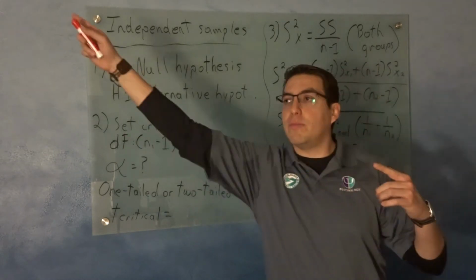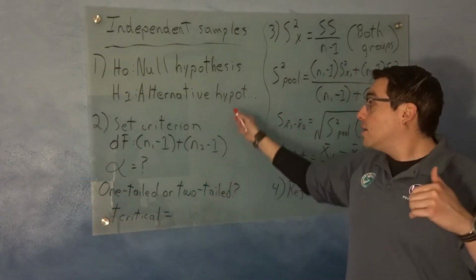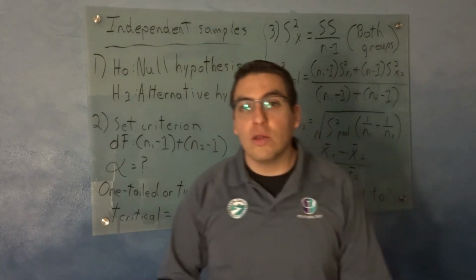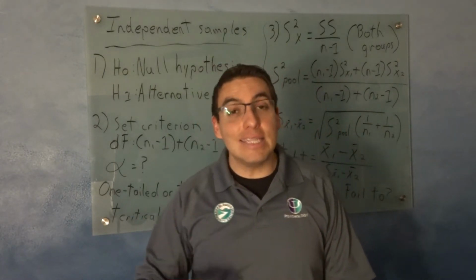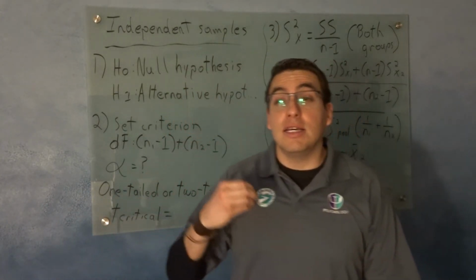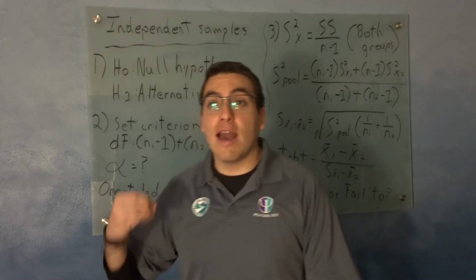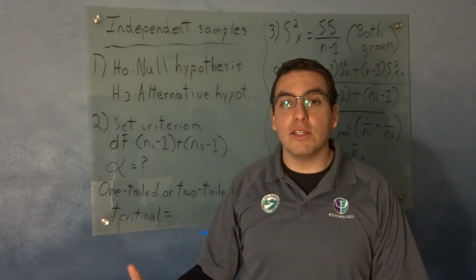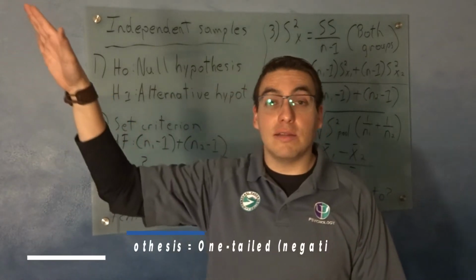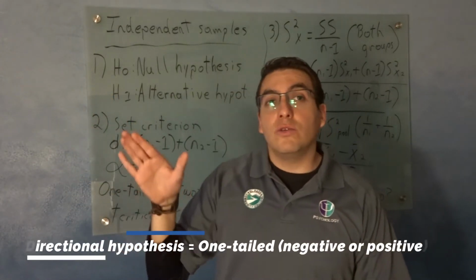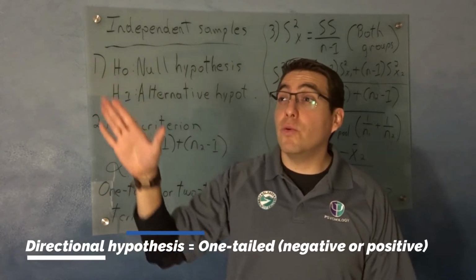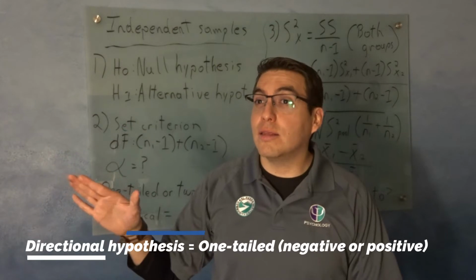It could be going on the upper end, on the lower end. An alternative hypothesis that is directional is saying that something is happening. If I'm going to say my statistics class is going to have better grades than my social psychology class, I'm implying that it's going to go up. That makes it directional. You can use words like going up, improve, accelerate, grow,